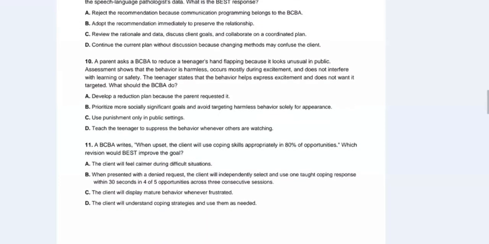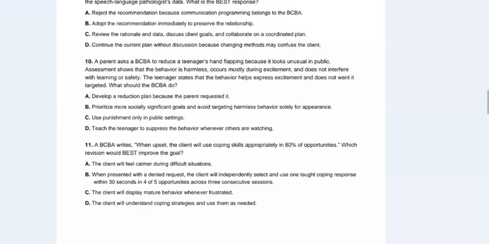A parent asks a BCBA to reduce a teenager's hand flapping because it looks unusual in public. Assessment shows that the behavior is harmless, occurs mostly during excitement, and does not interfere with learning or safety. The teenager states that the behavior helps express excitement and does not want it targeted. What should the BCBA do?